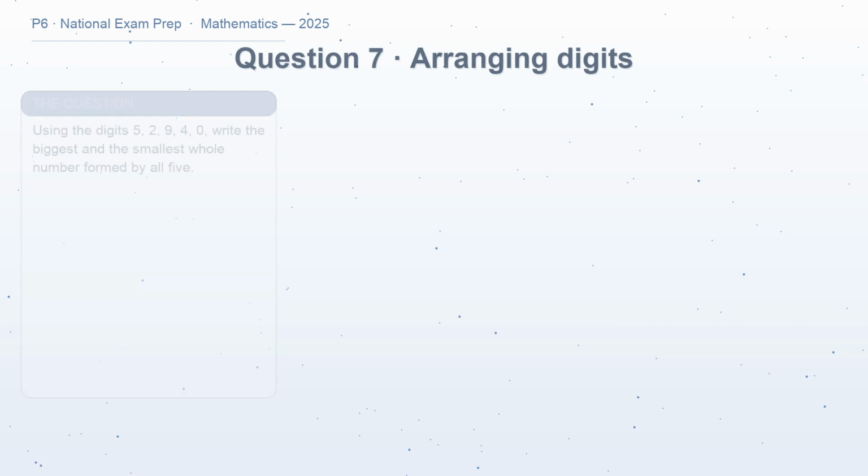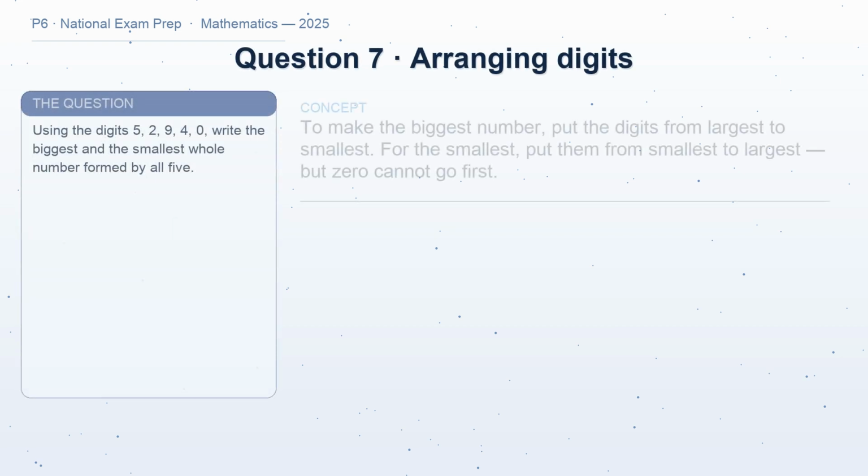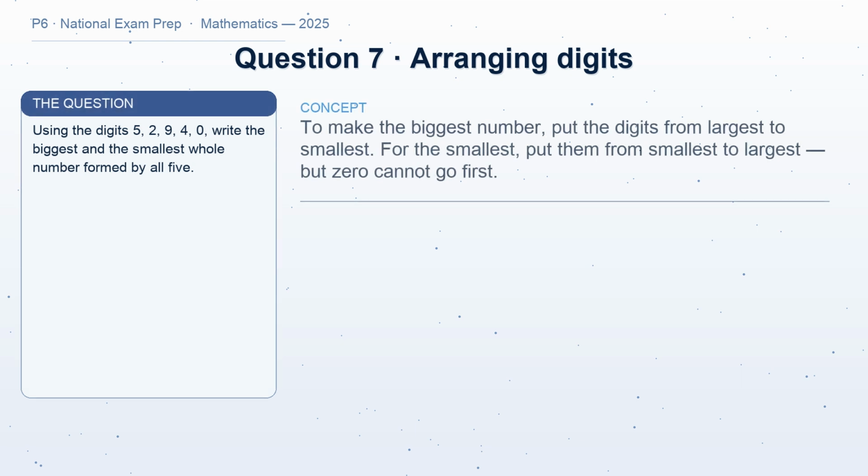Question 7. Using the digits 5, 2, 9, 4, and 0, let's make the biggest and the smallest whole number using all 5. To make the biggest number, put the digits in order from largest to smallest. That gives